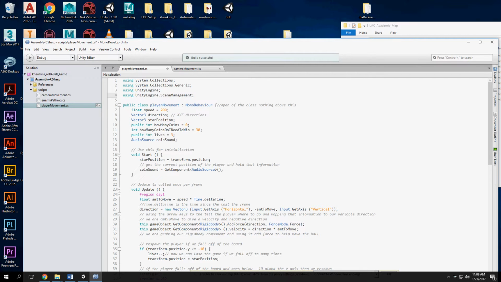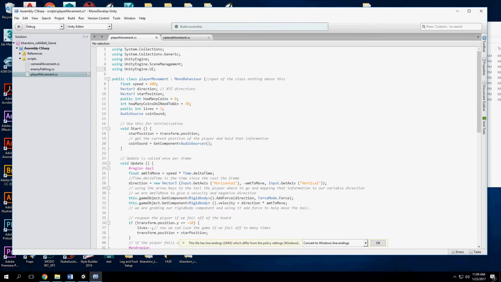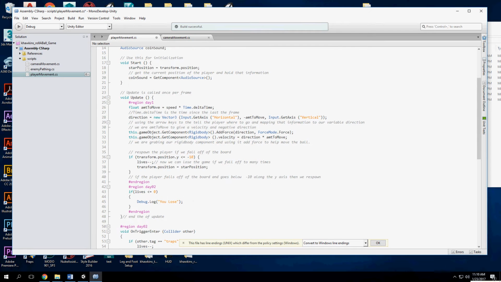And then we also need using UnityEngine.UI. We can type these here because we're actually accessing more functionality within the engine than what we once had by the standard template. Alright,